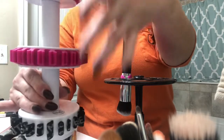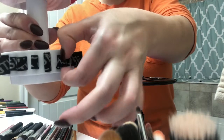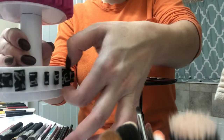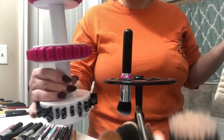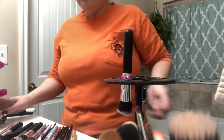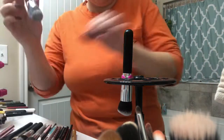I really only use these tops. These bottoms are for them to shape back and dry. See there, it's so difficult to get the brushes through there, so I don't really use this a ton. But for $9, I kind of regret purchasing it, but at the same time, whatever. But yeah, so what I do is I just squeeze any excess water out of my brushes,